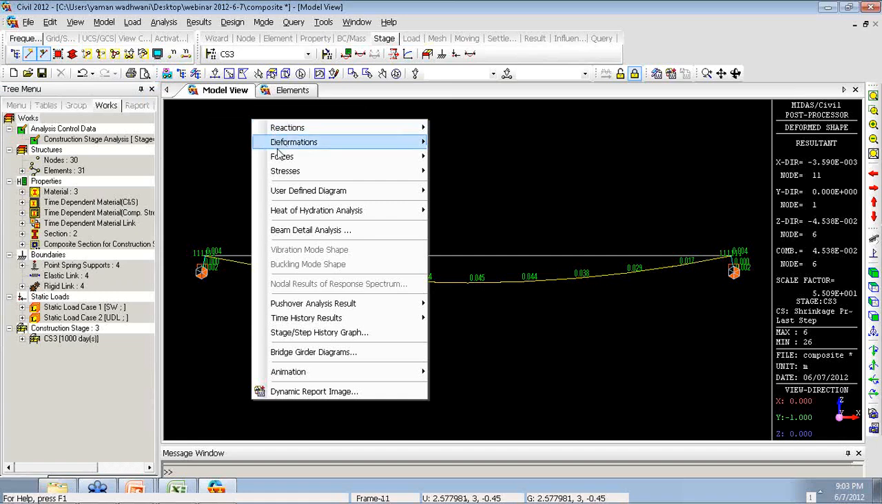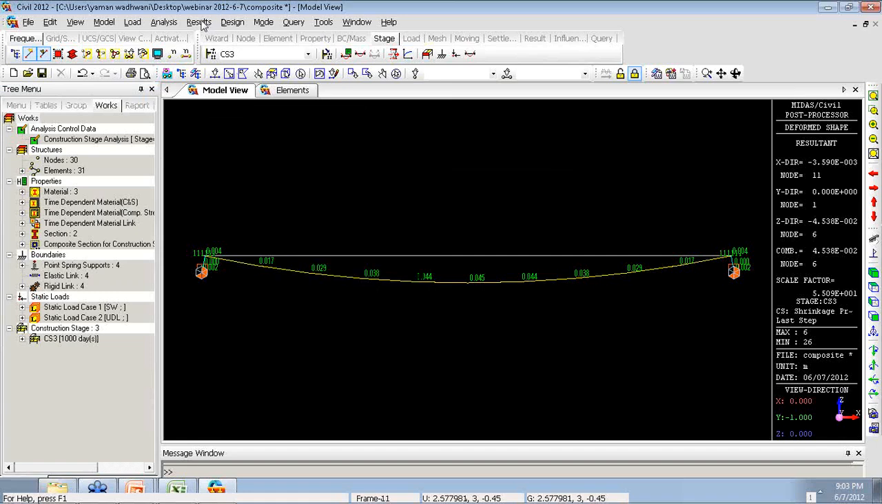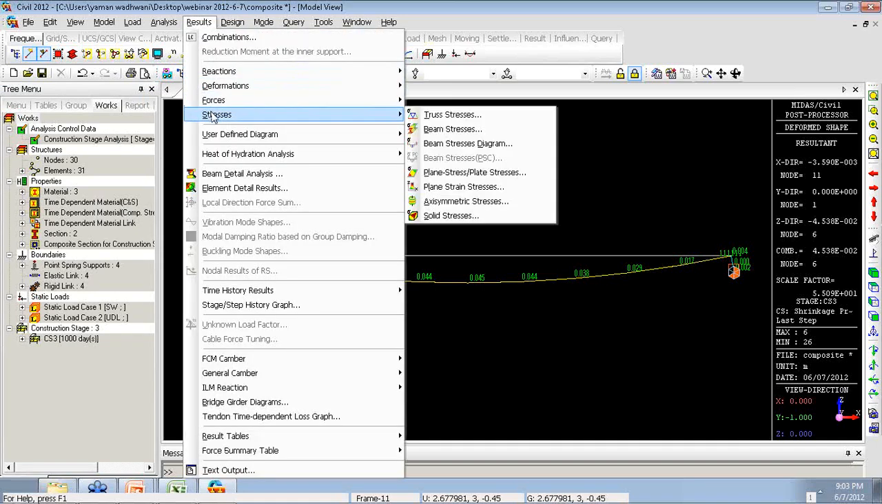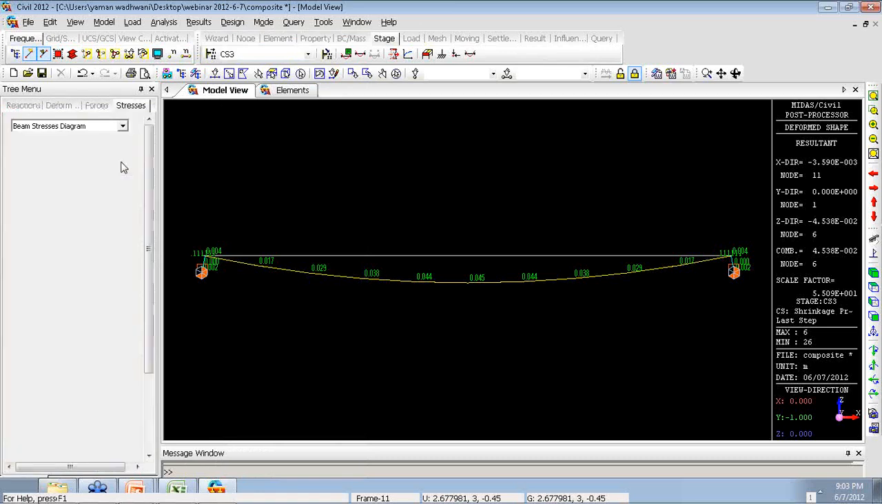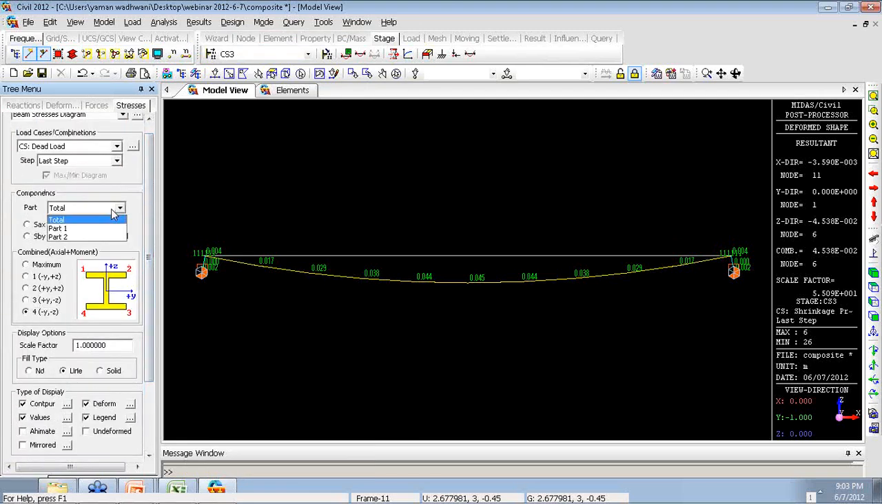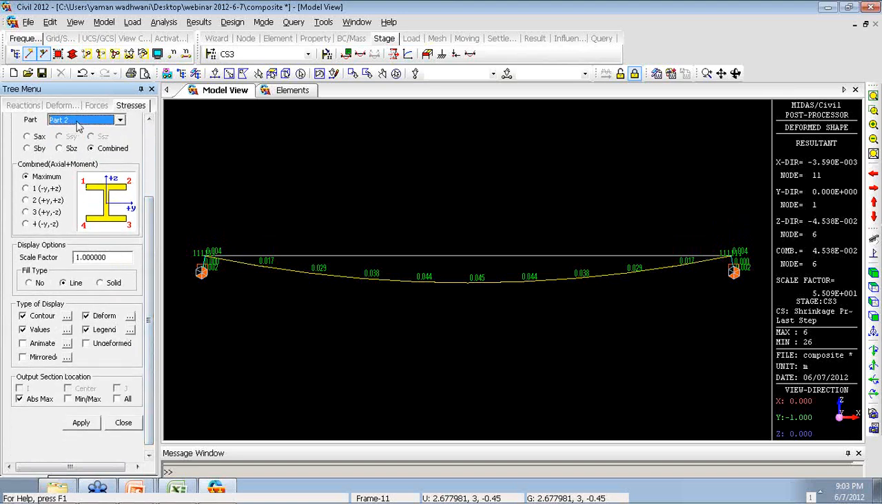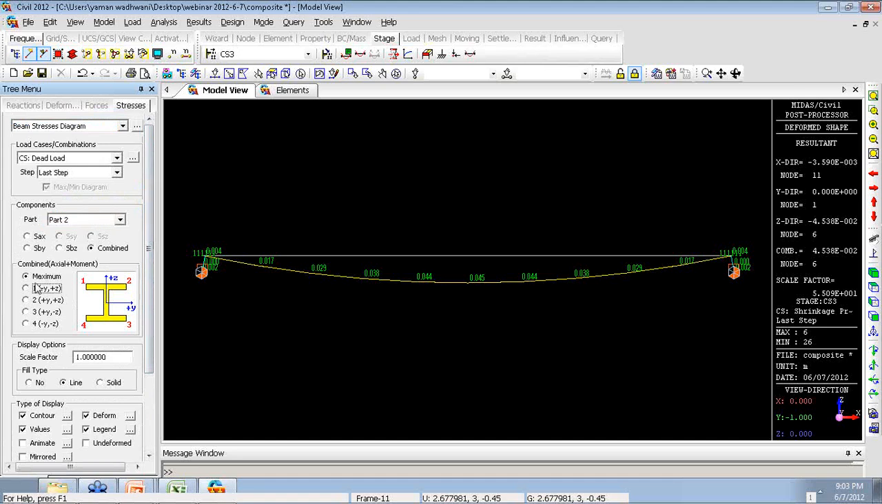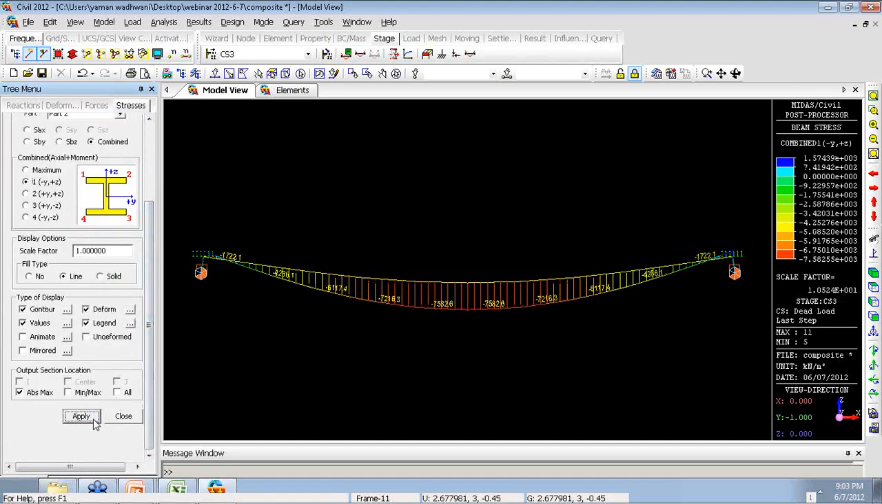Then we can also see the beam stresses for the construction stages. We can see stresses, beam stress diagrams. Let's say for dead load, we want to see stresses at the bottom fiber. For part 2, that is in the steel, in the concrete, let's say the top fiber of the concrete. This is the beam stress diagram, stress variation at the top fiber of the concrete